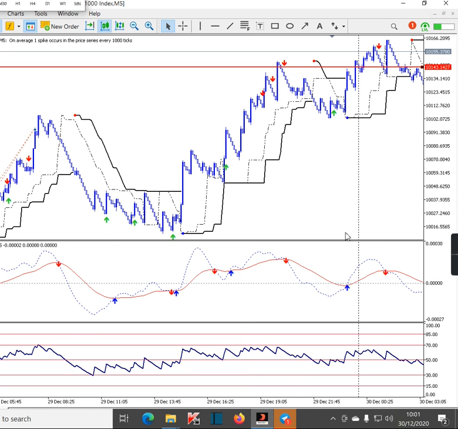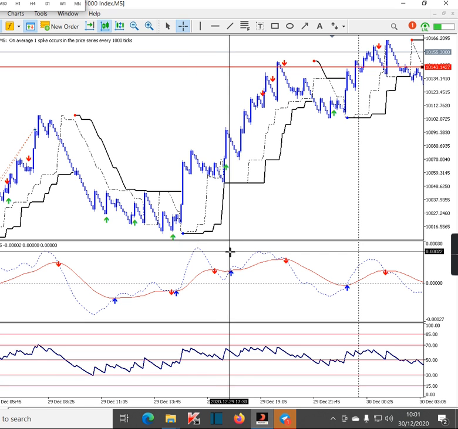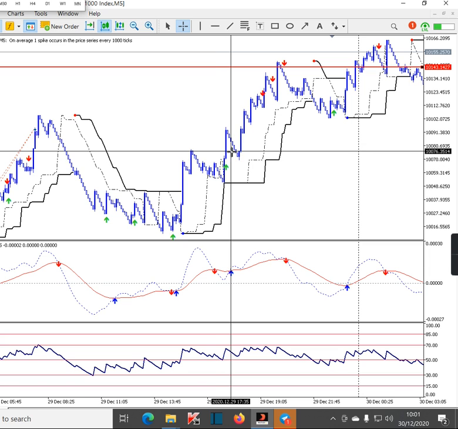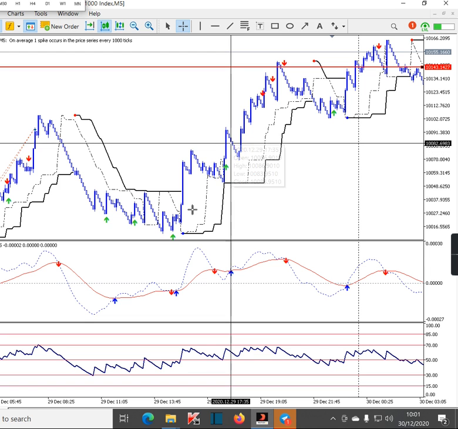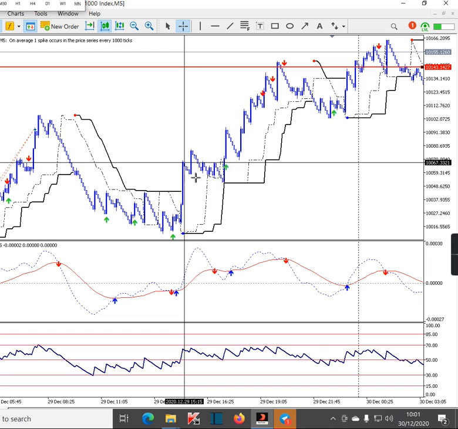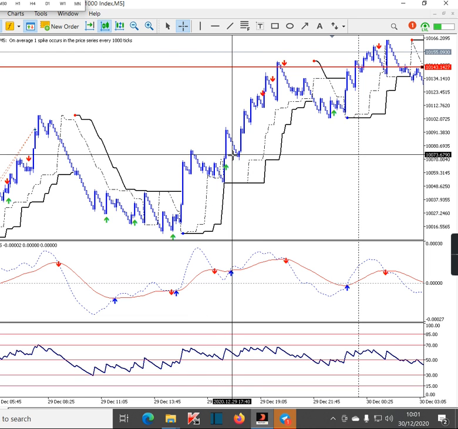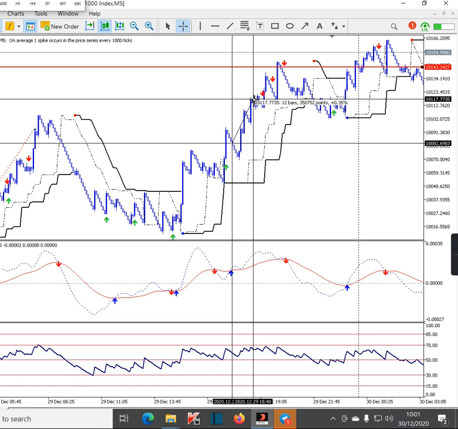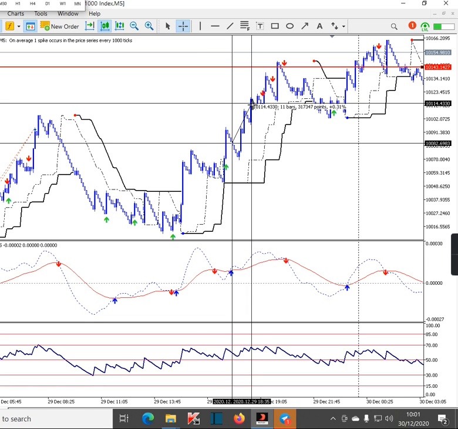Let's say you trade with the spikes. Yesterday this was a nice opportunity, though I didn't send this signal. I don't trade spikes, for reasons why I don't trade them. So this was a nice buy. You can see an uptrend, and after the uptrend started somewhere here, we get a signal for a buy here. Your stop loss is just 31 pips, and your TP just 31 pips. Don't go